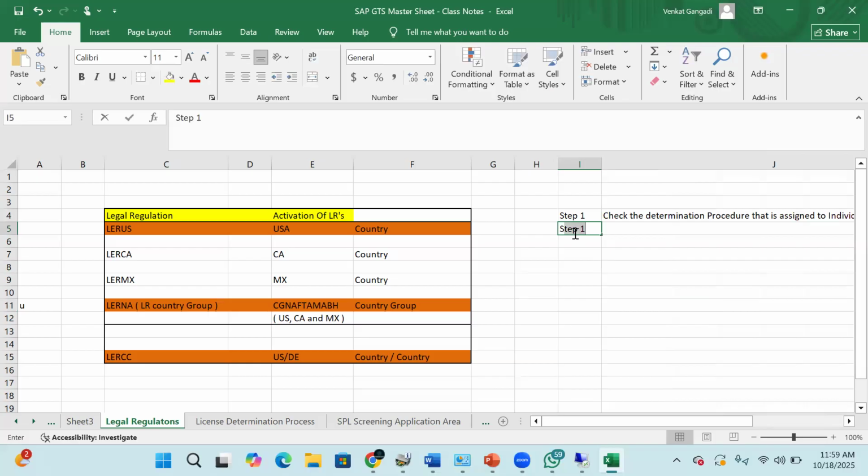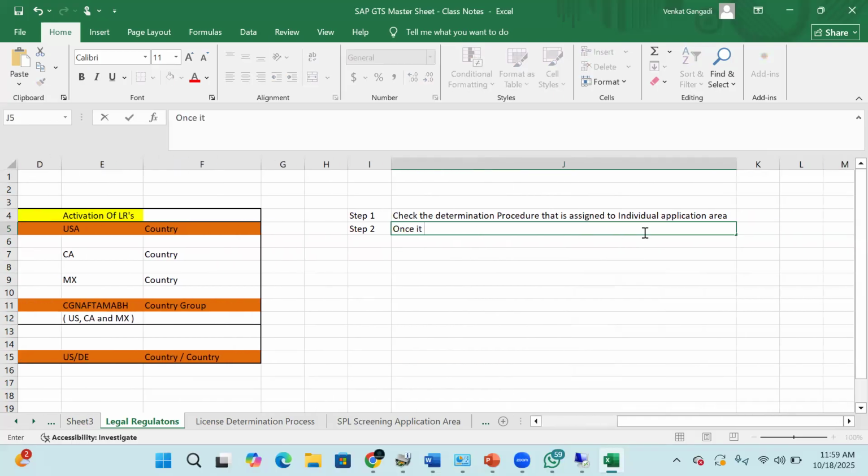And step 2, once it gets the determination procedure, then go back to general settings, legal regulation, config, and look for strategy